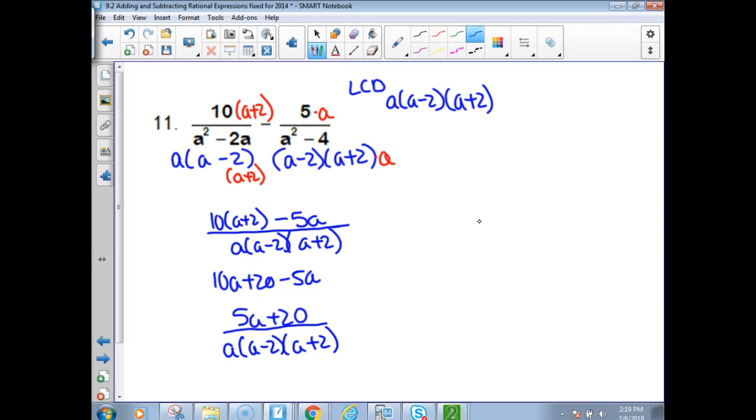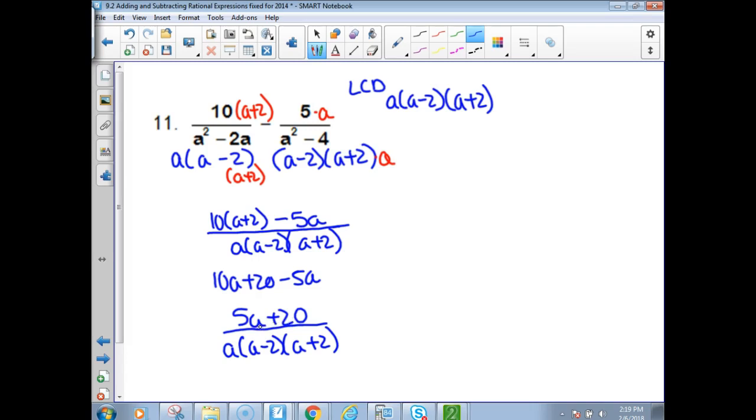Multiply what? Because it already has an a minus 2 in this denominator. So I only multiply by what it's missing. Okay? Are you all right now? Okay, then